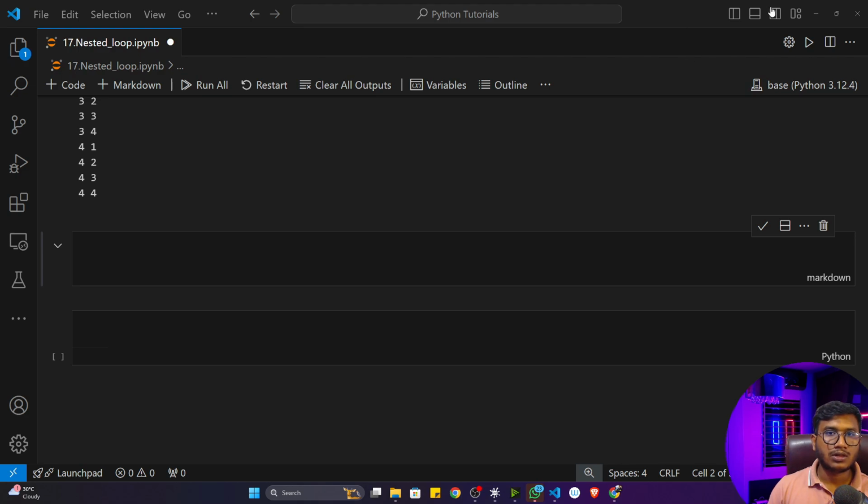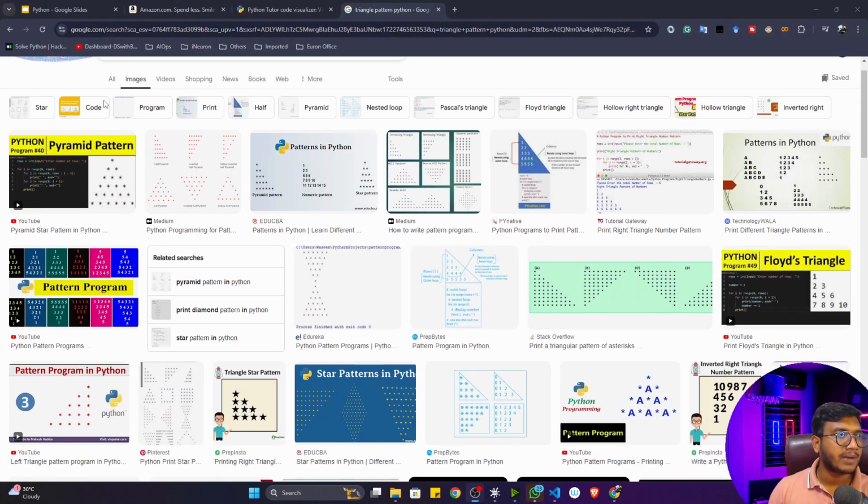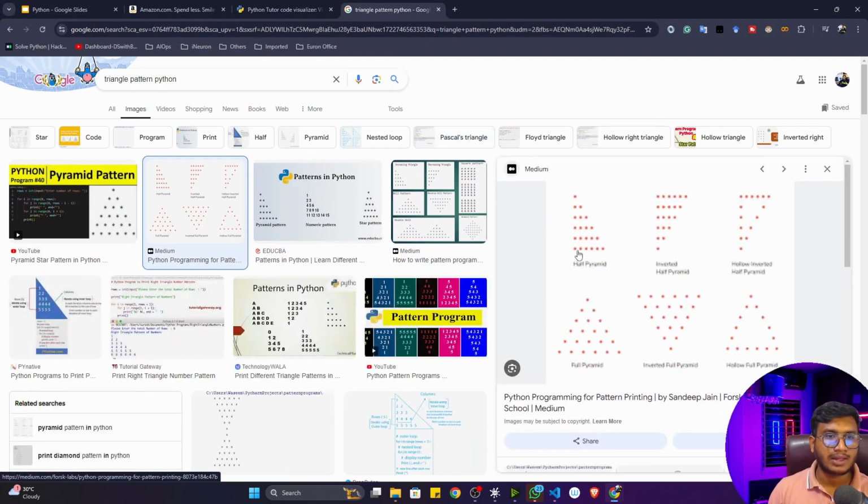If you search on Google for pattern printing in Python, you will see different patterns are available. See, this is the triangle pattern. We also call it a half pyramid. You can see this is the half pyramid and this is the full pyramid. We'll be printing this particular pattern, and you can also print the inverted half pyramid or the full pyramid. You can try these examples by yourself. You can explore over the internet. You will be able to write this program. It's very easy. So let's try to see how we can print this particular